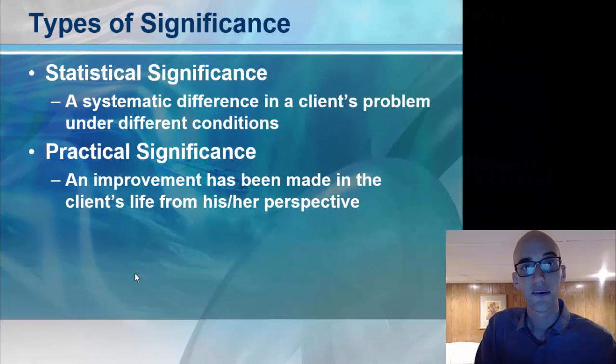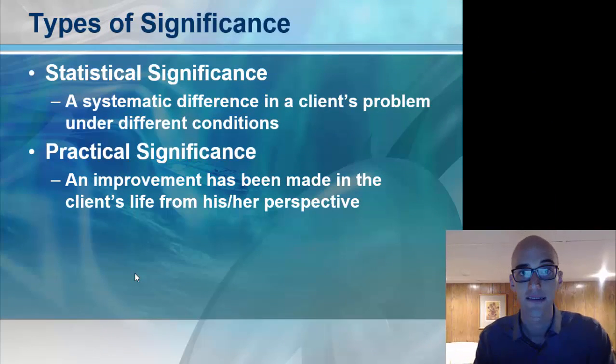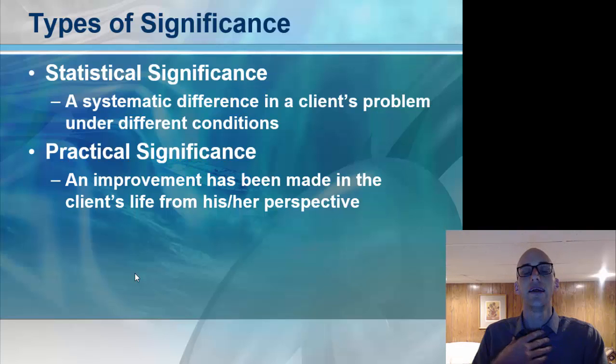And again, just so you know the difference between statistical significance and practical significance, statistical significance is a systematic difference in a client's problem under a different condition, versus practical significance, which is an improvement that's been made from the client's perspective. So sometimes you might report a practical significance. Let's say you're working with somebody who is on the autism spectrum and they've made some type of improvement in their social skills